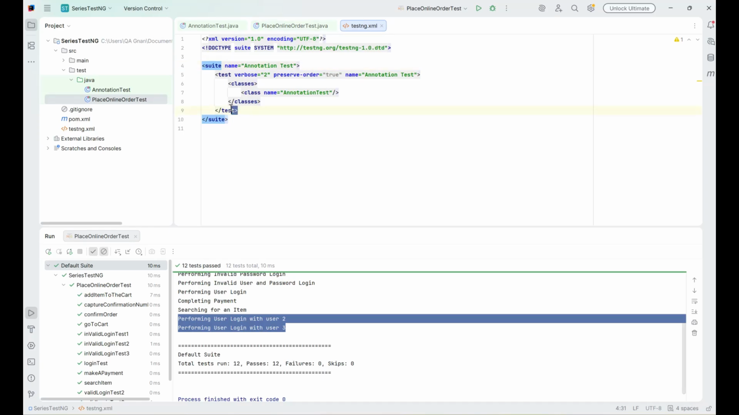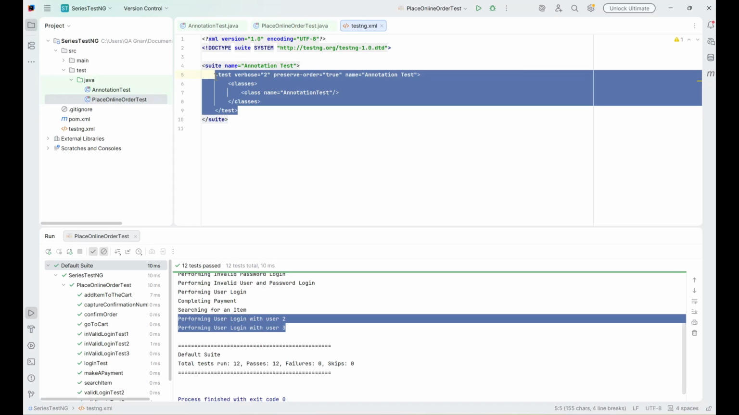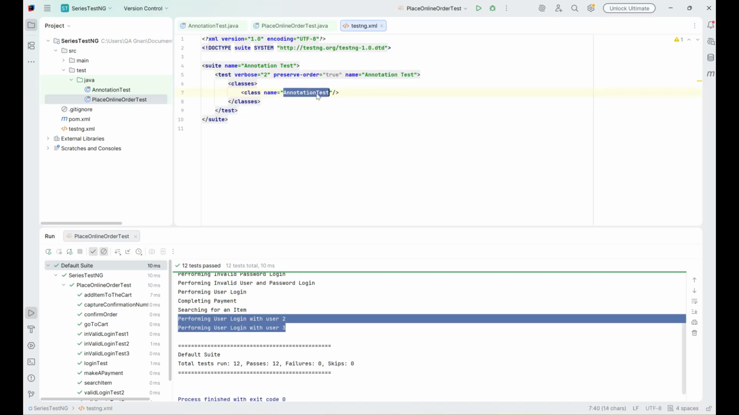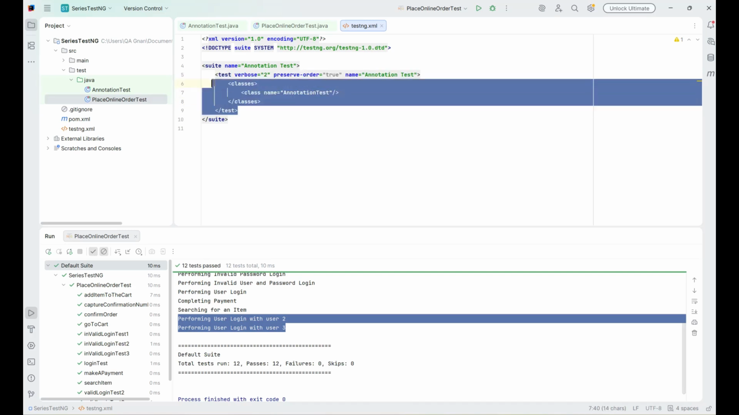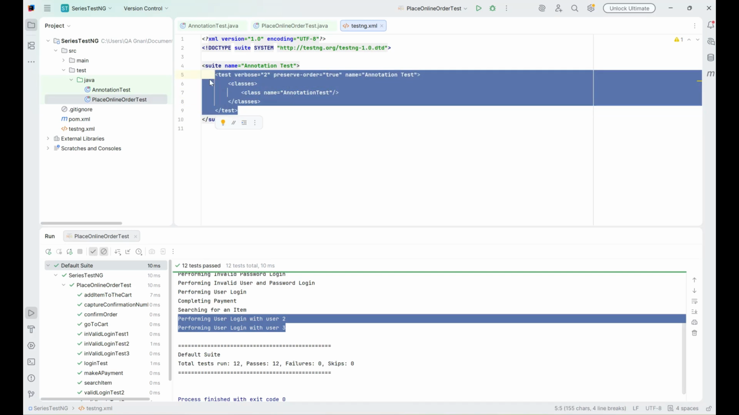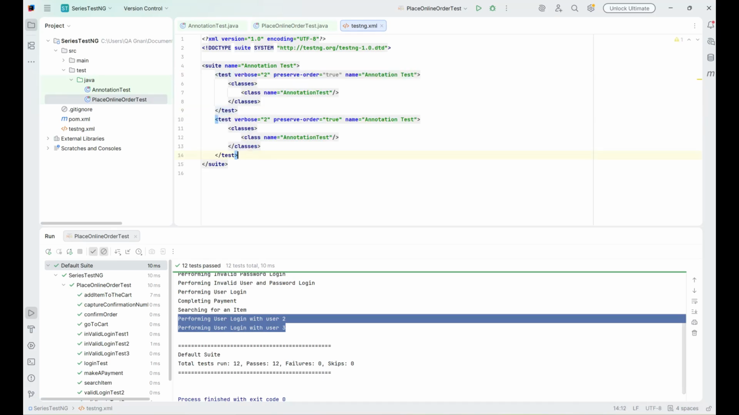So currently our testng.xml has the test class as annotation test. Now since we are going to test only place online order, let us change that class name over here, or let us make a copy of this and add it over here, and here change the name of the test to